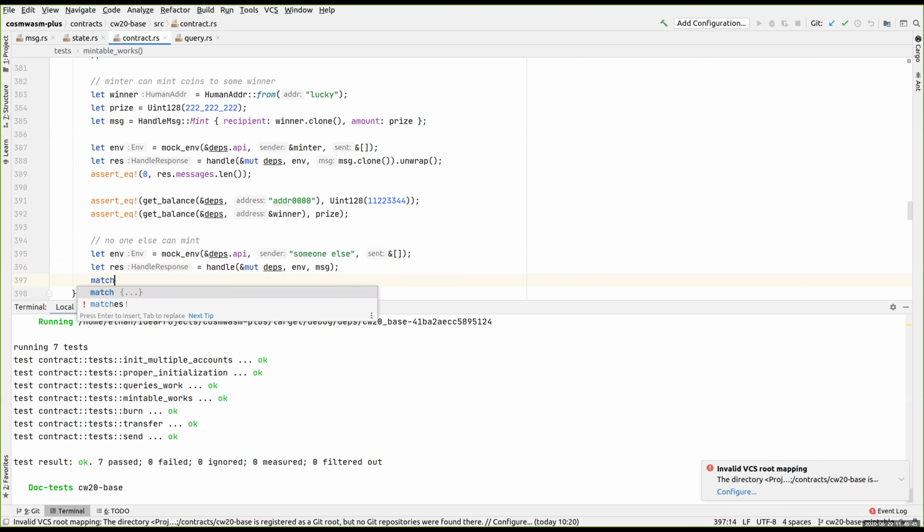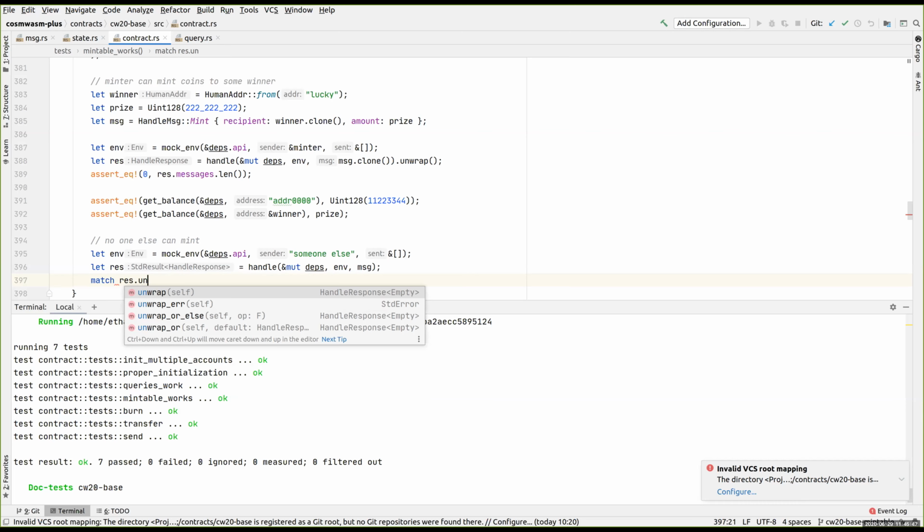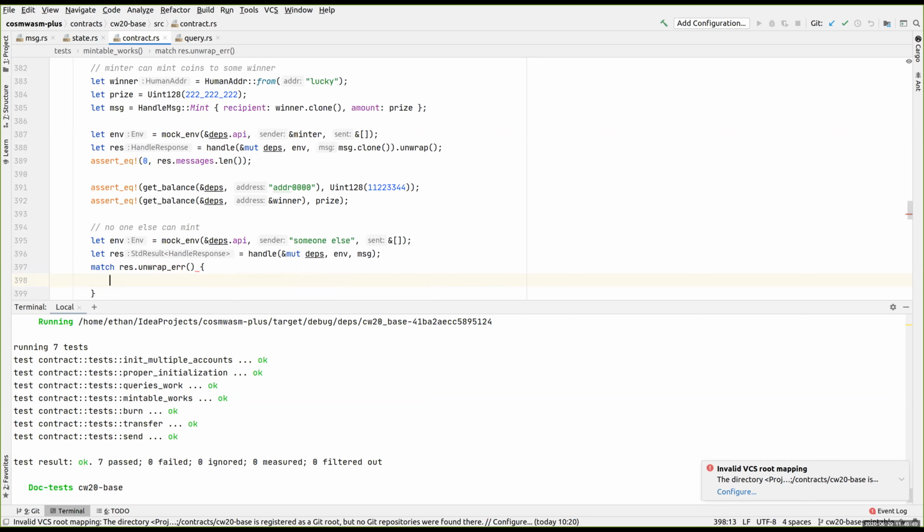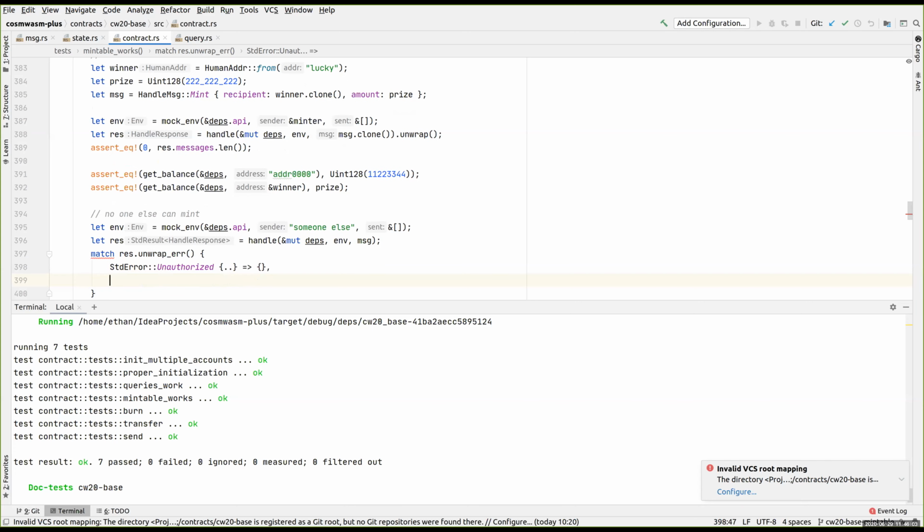So I can do, make sure it's an error. This basically enforces an error. And then it says if it is authorized, great. Great job. Otherwise,